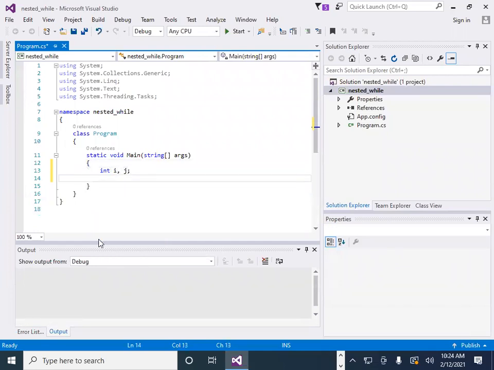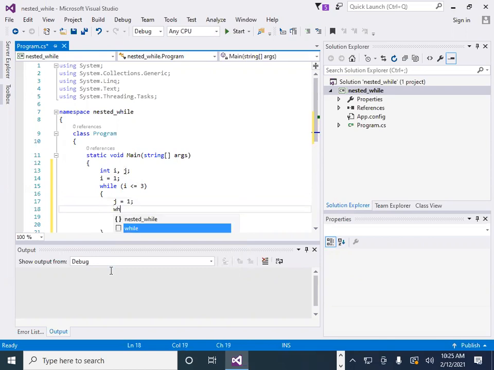Okay, then we use the while loop: while i less than or equal to 3. Before that we have to assign some value to i. So here I write i is equal to 1. In the while loop I write j is equal to 1 and here we start the while loop again.